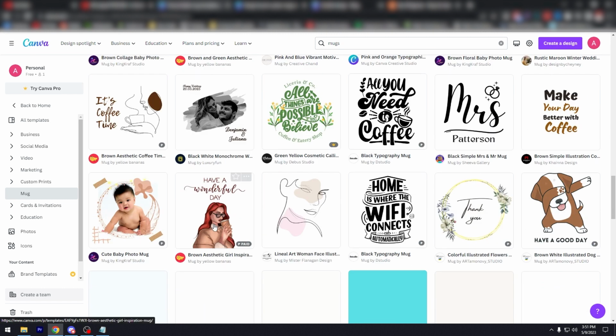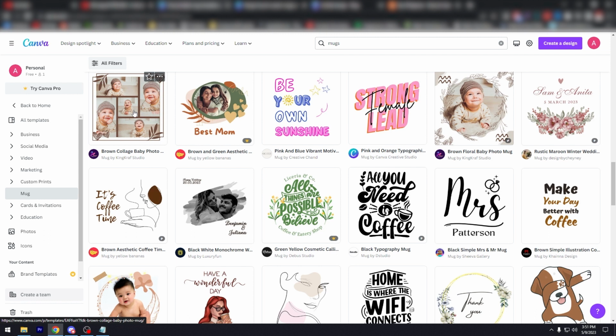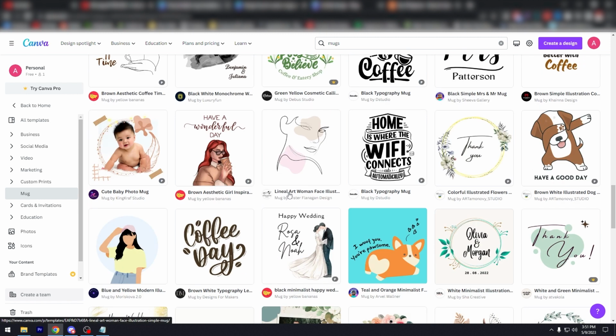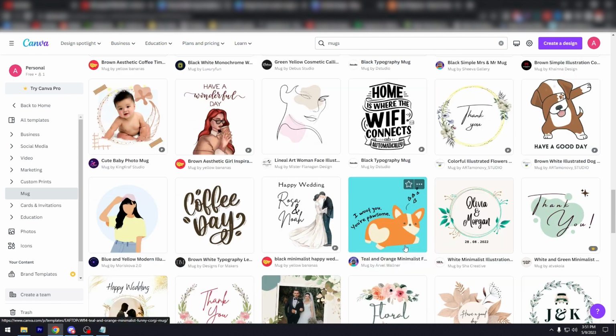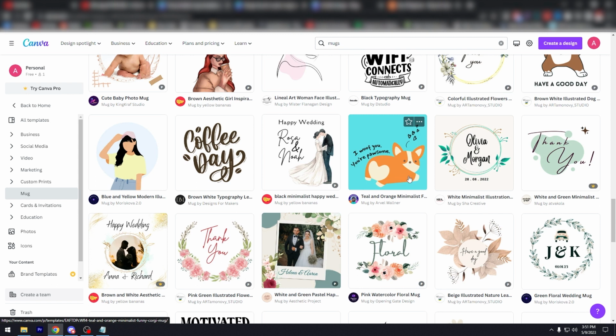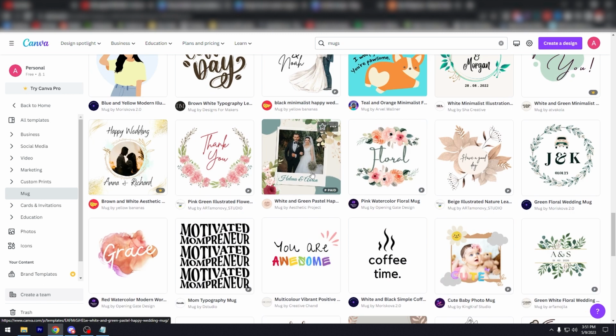I'm assuming this is a photo of a baby. There's a really cool dog too. This is a cute corgi butt mug. "I wolf you, you're awesome." And then another wedding. So most of the mug templates you're going to see are pretty much pets, babies, weddings,